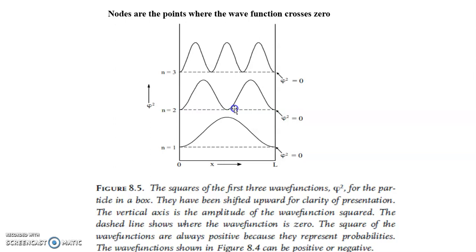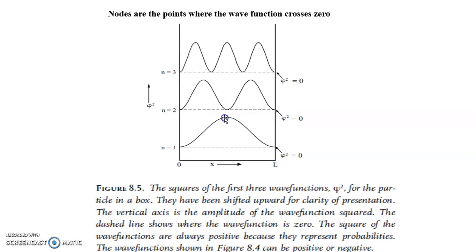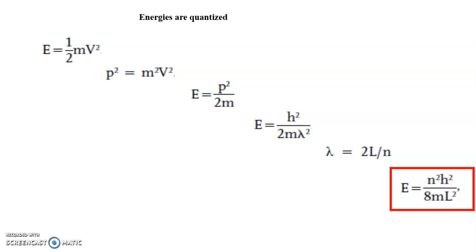The squares of the wave functions are always positive because they represent probability, and probability can never be negative. So the wave function shown in figure D can be positive or negative. Here positive and negative, but here always positive. So now,